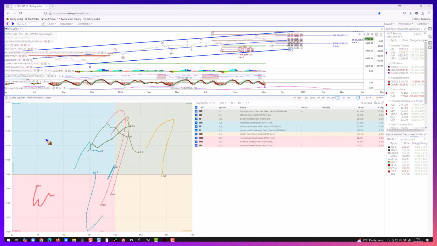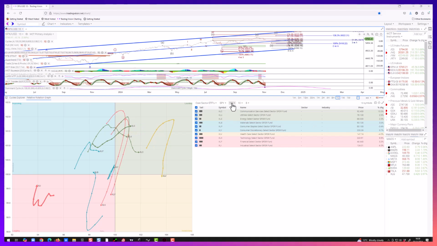XLY had been improving and it went back into lagging and back into improving. The difference largely being Tesla and Amazon, the 2 biggest stocks by market cap in there, having risen since earnings, but we'll take a quick look at those in a moment. Neither of them look like they're necessarily going to continue to support the XLY to the extent they have. The interesting one here, XLE, which is the energy sector, is in the leading quadrant on a weekly basis.